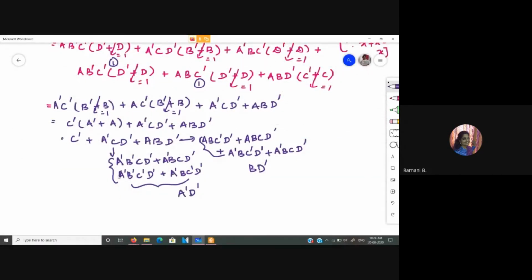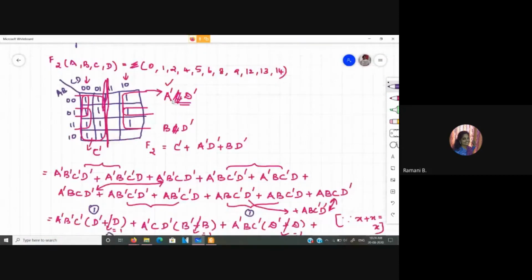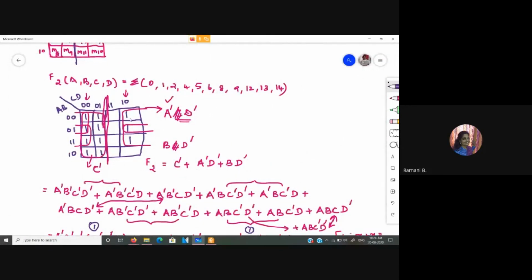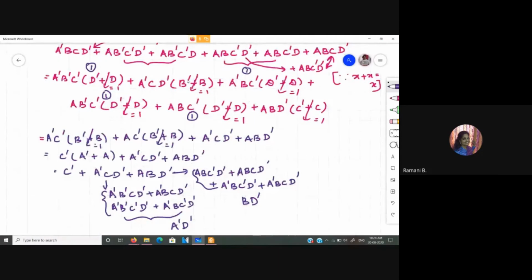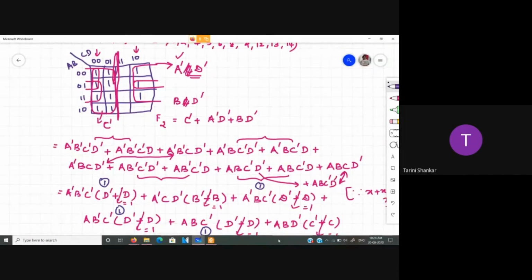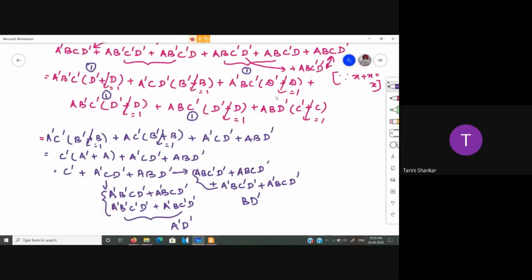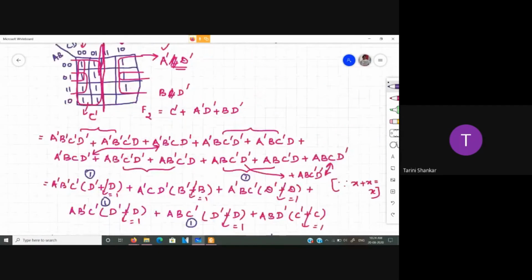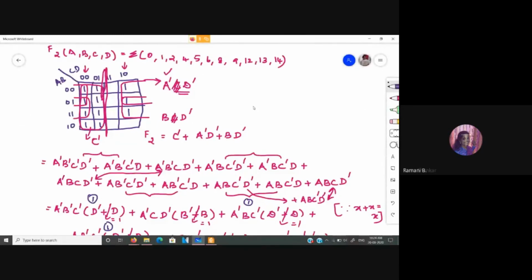Here I have actually written these things, right? You need to have a group of 0, 0, 2, 4 and 6. You have to replicate it. Only then will you arrive at this A bar, D bar. I also thought that in the K-map, you can pair it in a different way so that you don't have to go through the complicated process. Otherwise, how do you think you can simplify this?